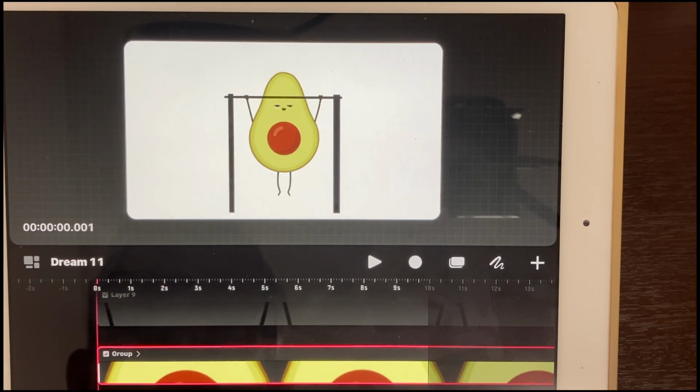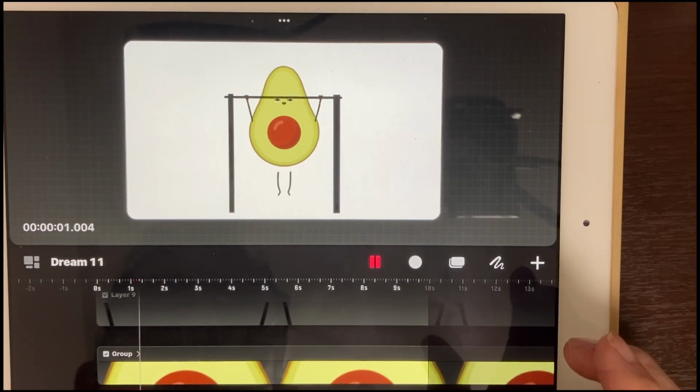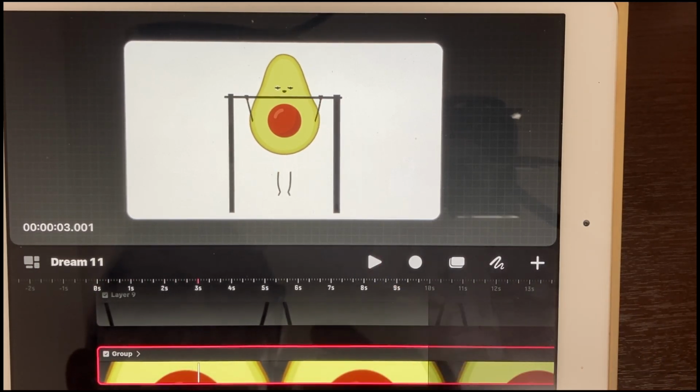All right, so that should be good. Let's see what that looks like. So we got him. All right. And I like the easing that it's set on right now, it's perfect, so I'm not going to change that at all. It kind of starts slowly and then gradually goes up a little bit quicker. So I like that. All right. And now when he's going down, as I said, he's going to do that a little bit quicker. So I'm going to have him stay up in that position for just a little bit, maybe